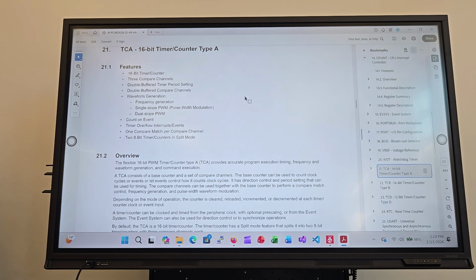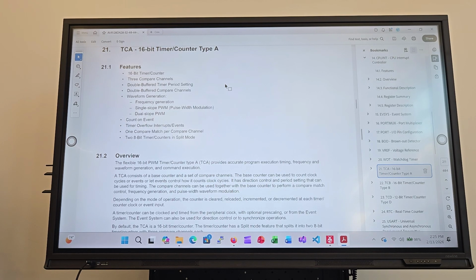A little bit easier to read. It is a 16-bit timer counter. It has 3 compare channels, and it can be triggered as an interrupt. It can trigger an interrupt